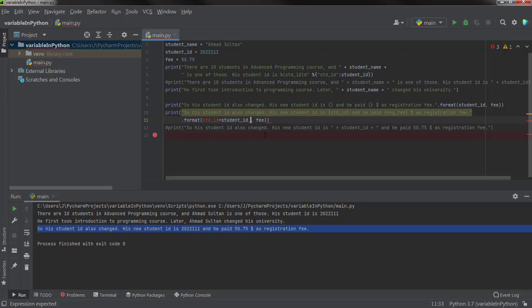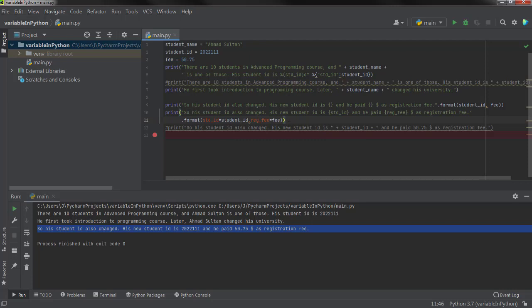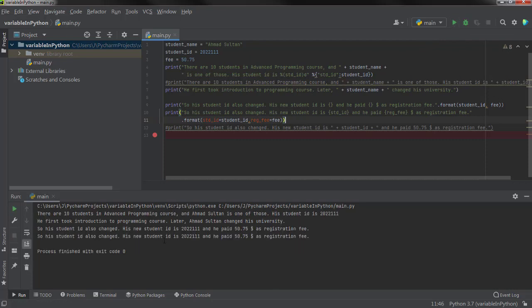I will write reg fee, and replace it with the value of the fee, and then close the brackets. So that's it. Now if we save the program and run it, you can see here that it has replaced the student ID and the fee with the values of those variables.